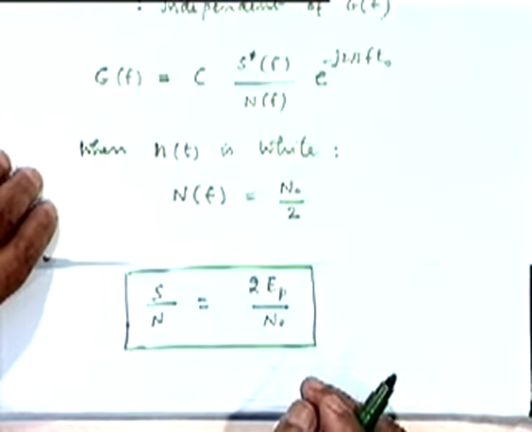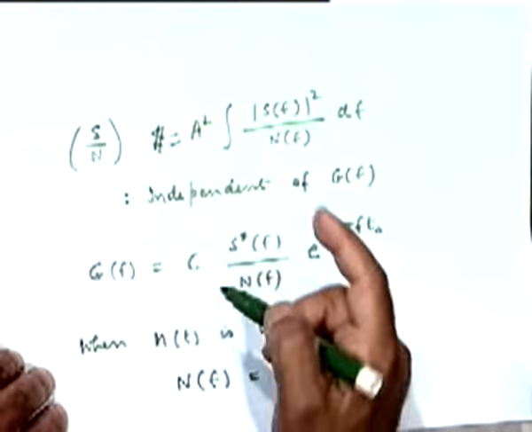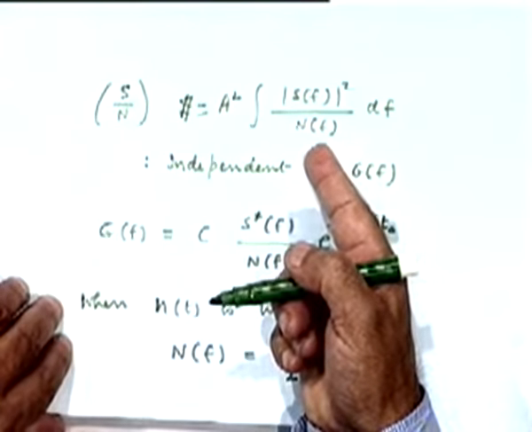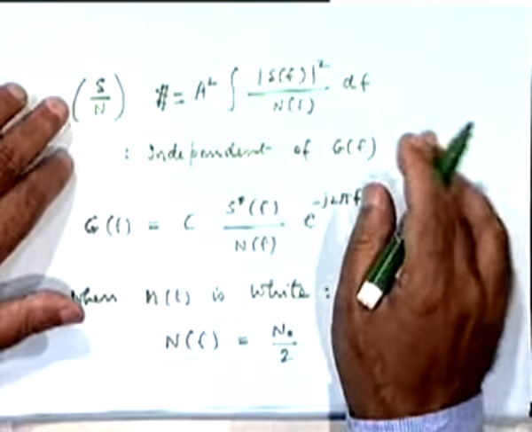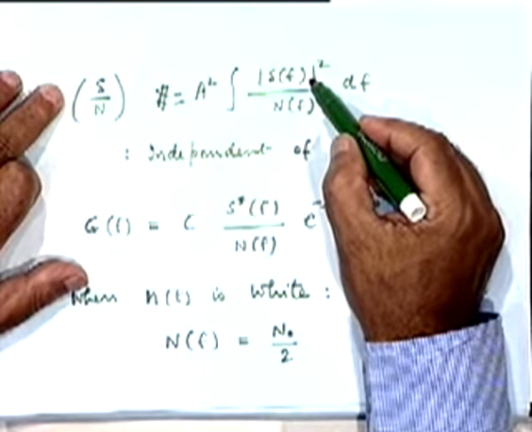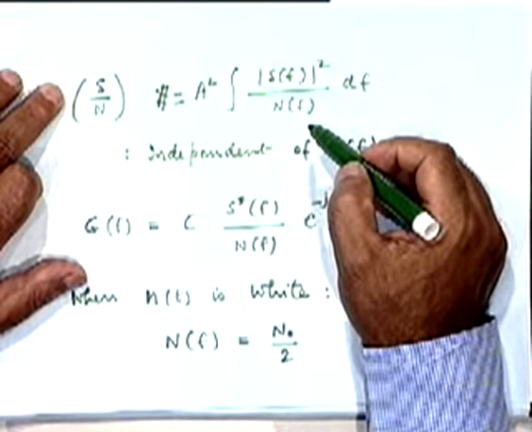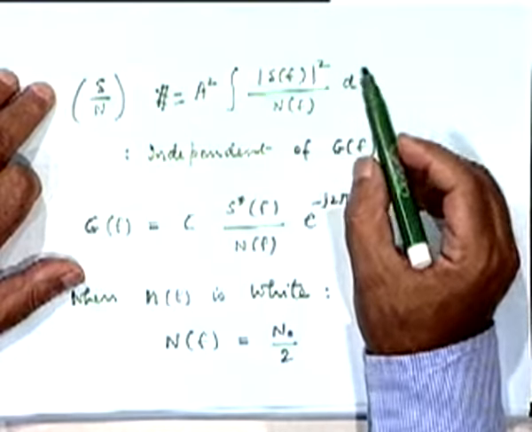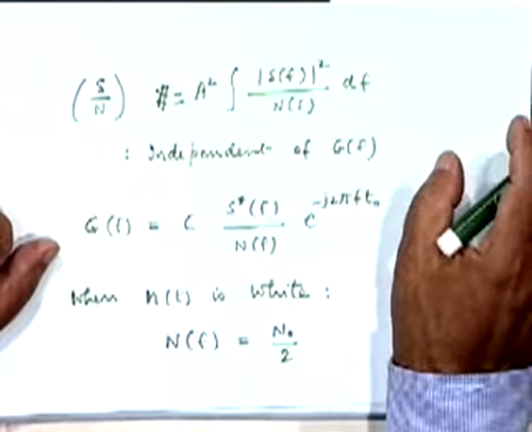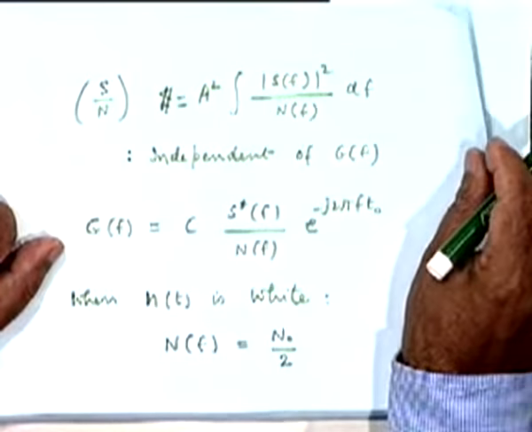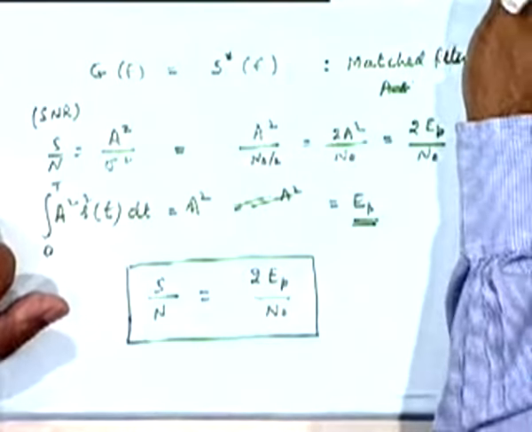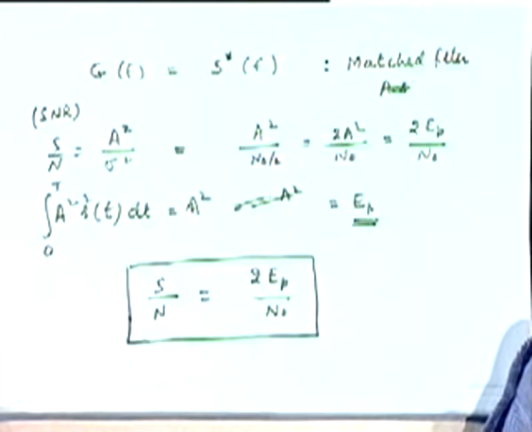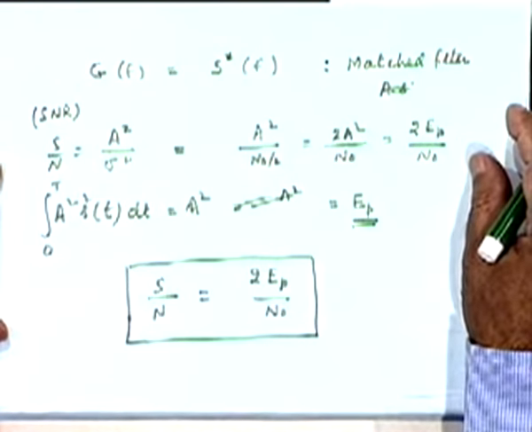Whereas that is not the case if your noise is not white. You can see that. In this case, the output signal to noise ratio depends on the pulse shape also. It depends as much on the power spectrum of noise as on the pulse shape itself. So the pulse shape is of little importance in situations where we are mostly dealing with white noise, and that is the general situation for us in most communication applications, because the noise is sufficiently broadband so as not to worry about the specific pulse shape.